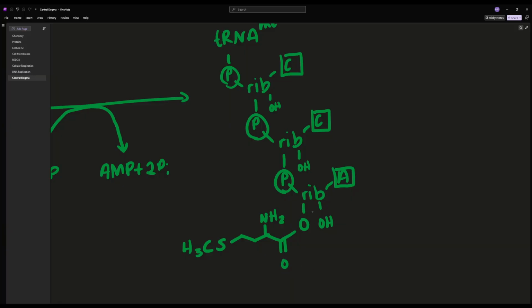So now we have made this bond with our tRNA. So this is now our charged methionine tRNA that corresponds to